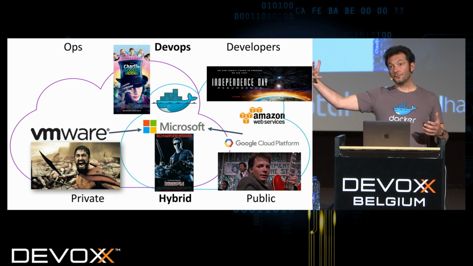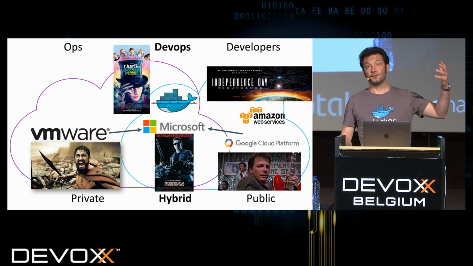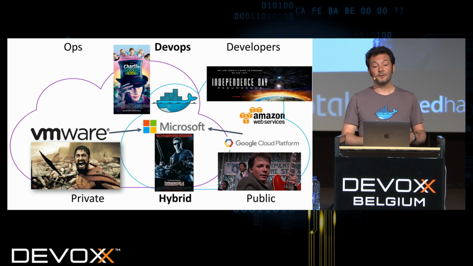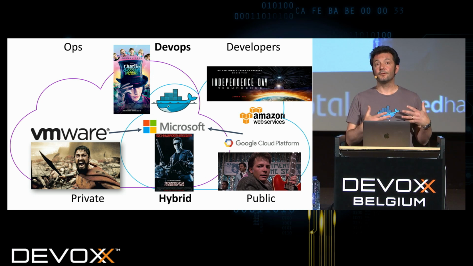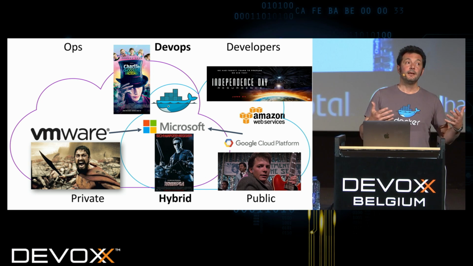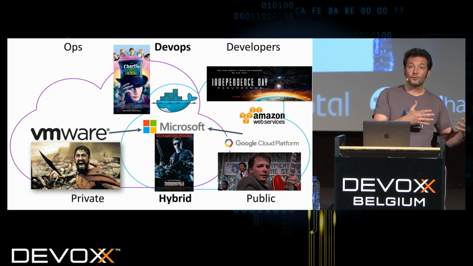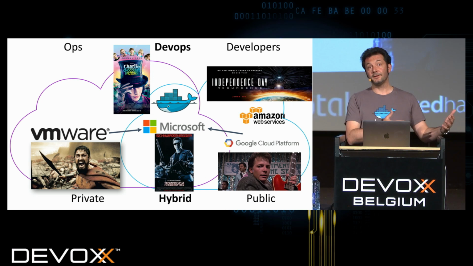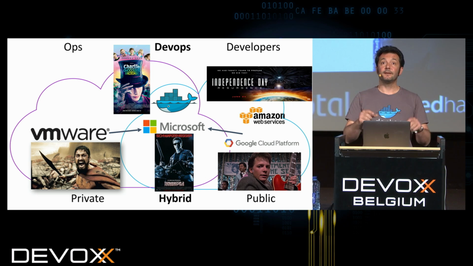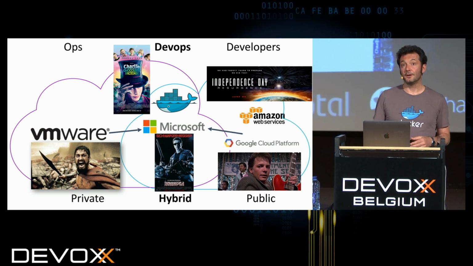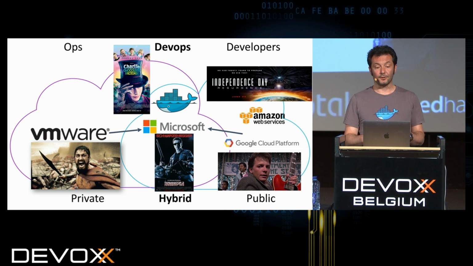So developers are more interested in public clouds, and ops traditionally have been focused on the data center. Right now, they're converging in the middle in a cultural movement that's called DevOps. And I'd say one of the reasons why Docker was so successful when it was introduced 3 years ago is that it corresponded to the time when enterprises started to migrate workloads from private cloud or from data centers to the public cloud. And Docker provides that isolation layer where they can run the same workloads on any cloud independently of the underlying infrastructure.